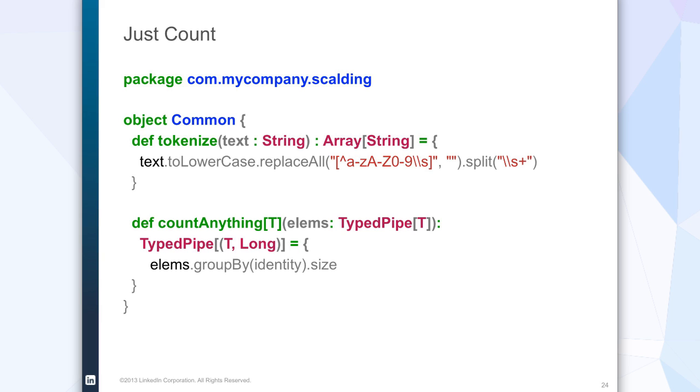And we're saying, OK, well, let's declare a kind of generic function that's called CountAnything. It's of type T, and it gets elements of type T. And it just returns a type pipe of T and long. And again, the logic is exactly the same logic. We are not doing anything that is string specific, so we don't need to actually bind ourselves to counting words, because if we don't perform any string manipulation in this specific function, then we actually don't need to